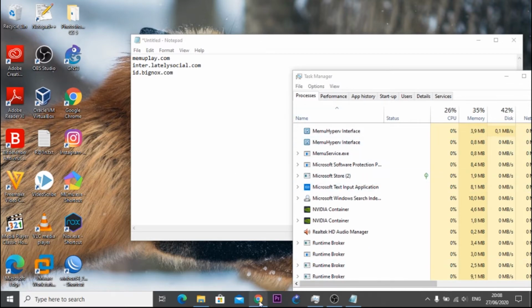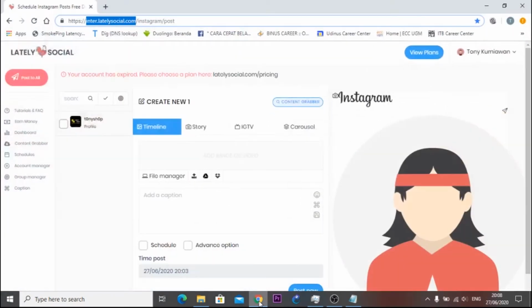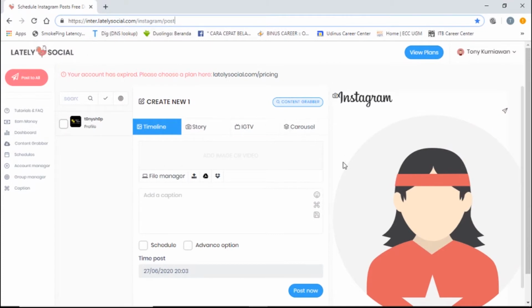And for the second application, this is inter.web3social.com. Yeah, this is the application. Actually, this application is interesting, but I already tried it as well. The schedule posting menu doesn't work, but we can post multiple photos directly, depending on your package, because this is not free.